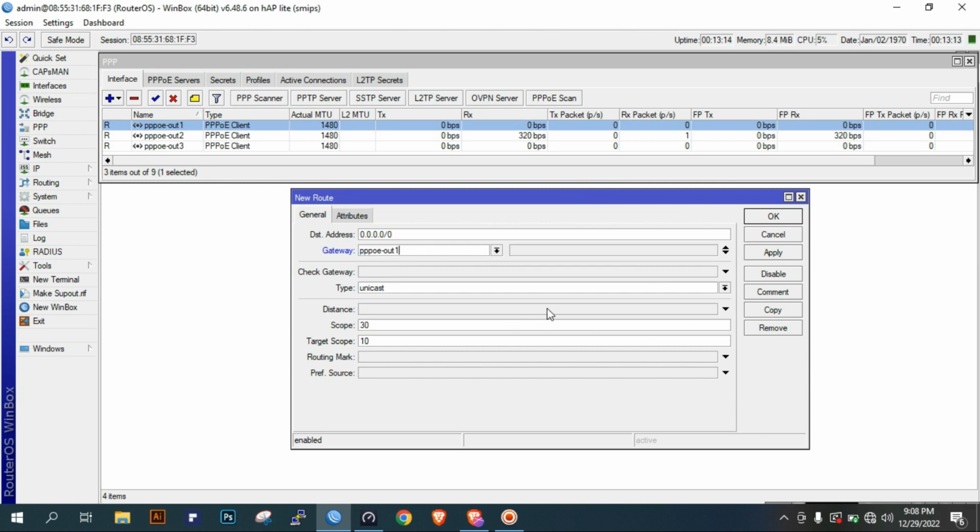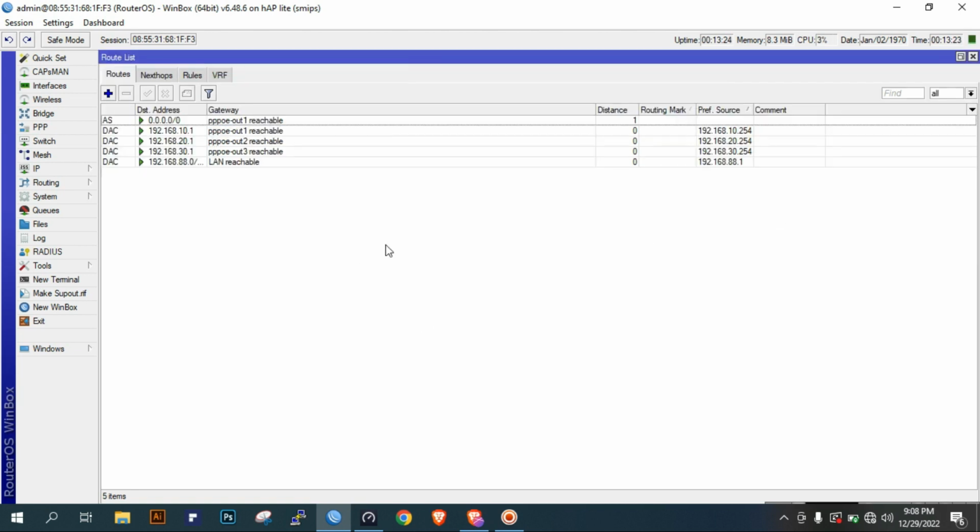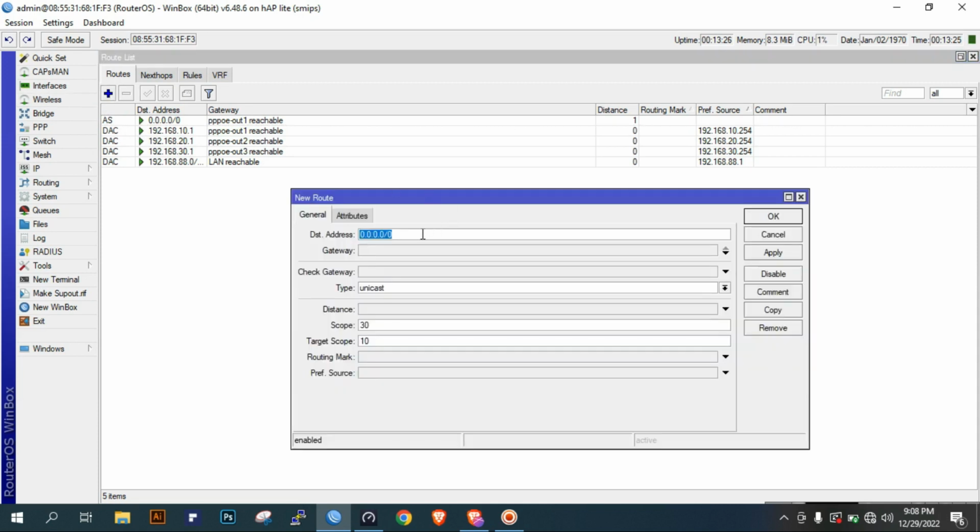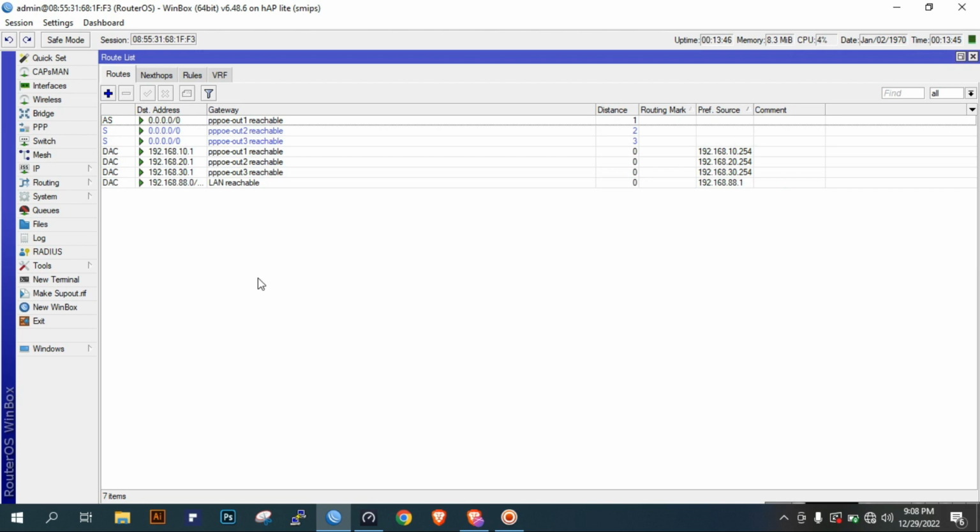Then we'll put distance 1, then click apply. Okay. And for the ISP2, this one, then distance 2, then click apply. Okay. For ISP3, gateway PPP out 3, distance 3, apply, then okay. Next is we will add another route,